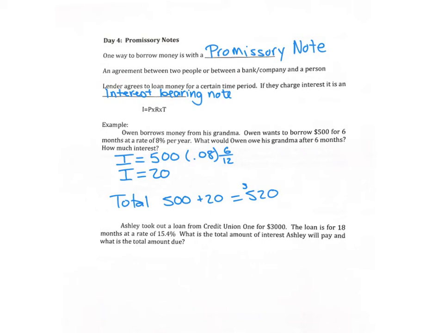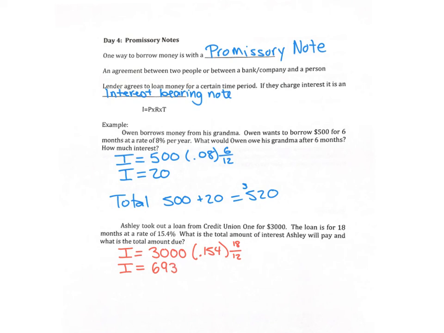So again, we are going to calculate our interest using our simple interest formula. I'm turning my percent into a decimal, so it's 0.154. Don't forget to include that 4. And now we have 18 out of 12 for our time. Again, you could always turn that into a 1.5 if that made sense for you, but we're doing that because it's in terms of years. So if I multiply all this, we are going to end up with it. She's going to owe